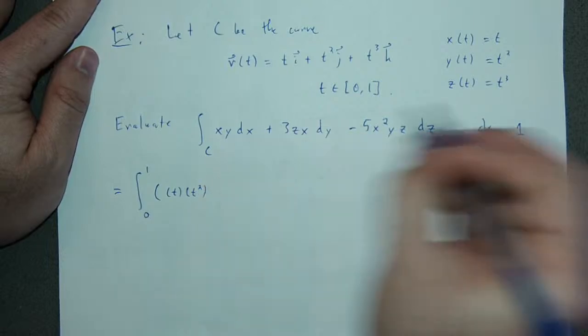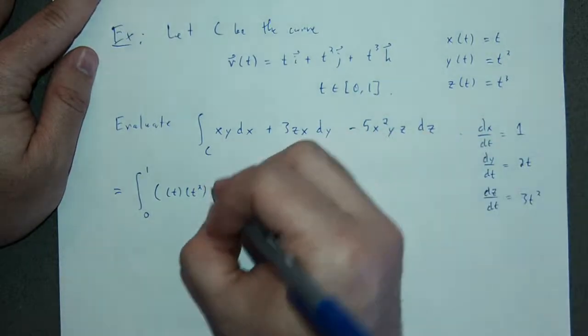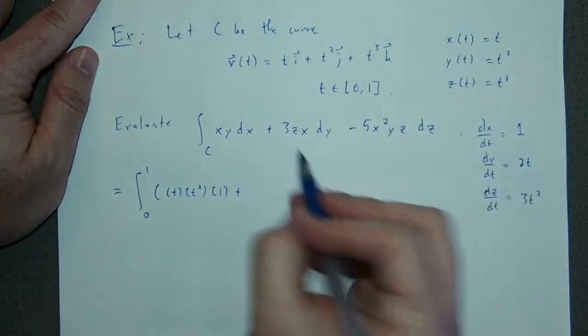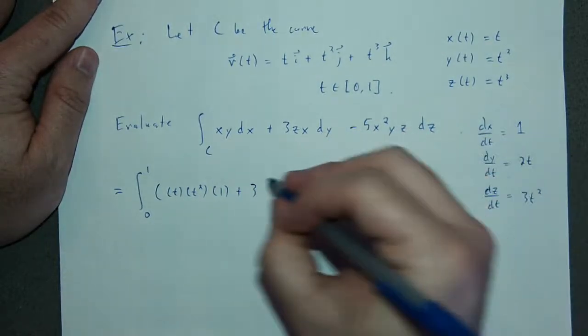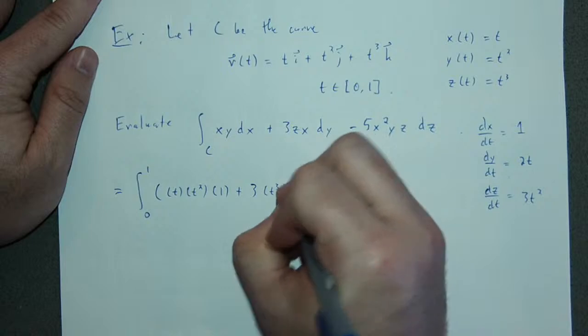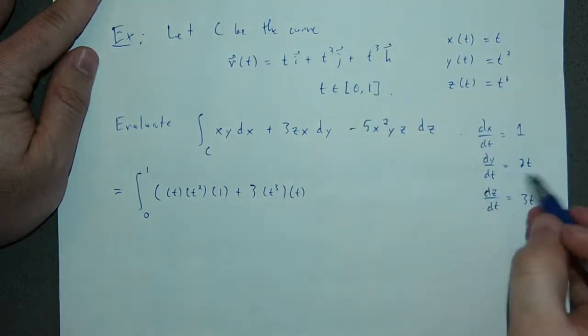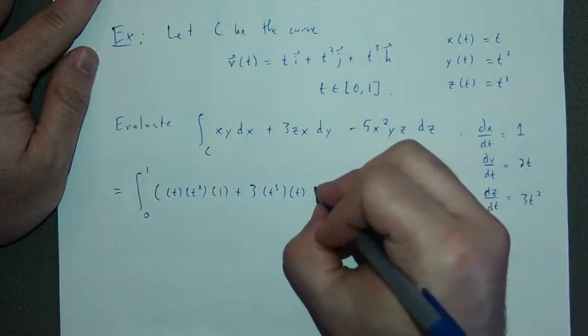So that's x times y, t times t squared times dx, which is 1, right, plus 3z, which is t cubed, x, which is t, times dy, which I'm thinking of as dy dt, so that's 2t,